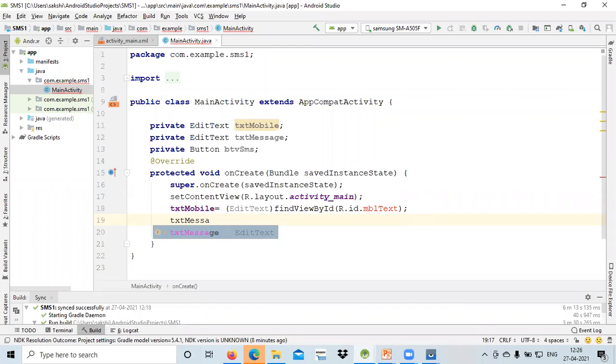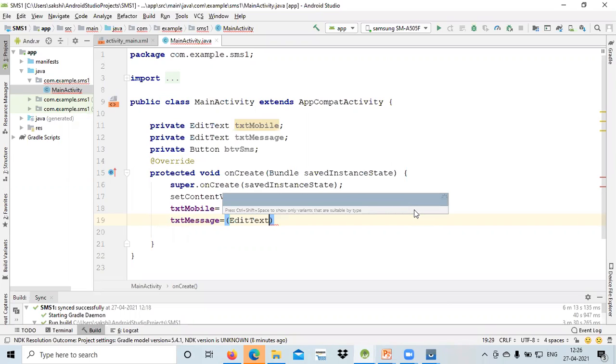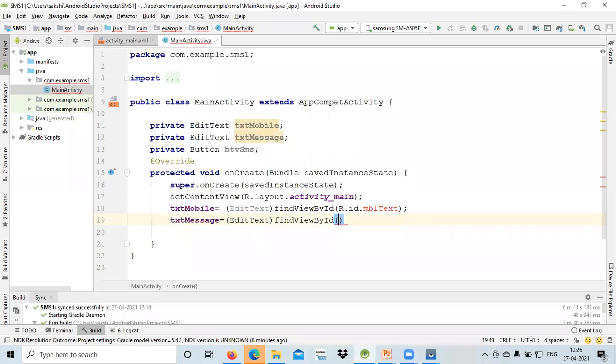Okay, so again I can just use that particular edit text. So okay, again I use that find view by ID, and here again I will find that particular ID value as message text.